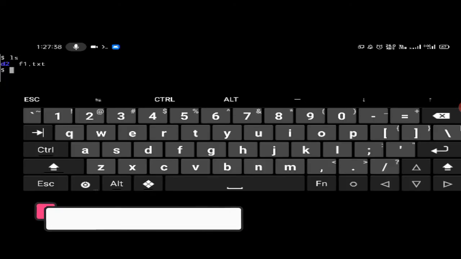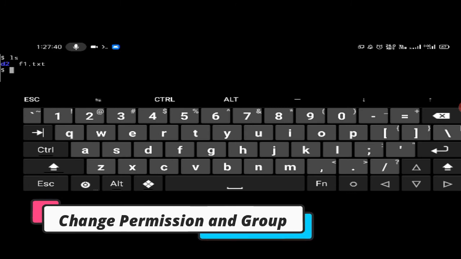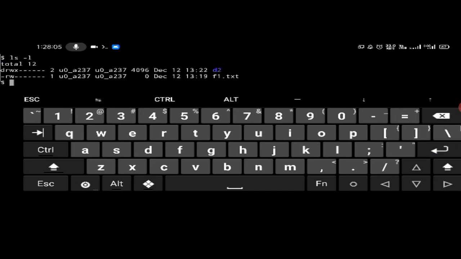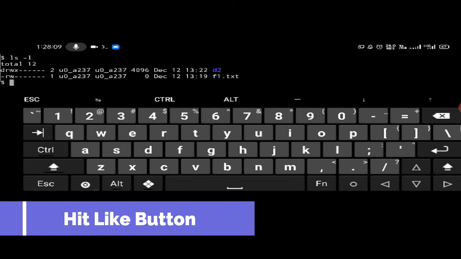If you want to change the permission of a file, there is a command called chmod, which can be used to give the specified permission for specific files. Right now for this directory and file, we first have to check the specified permission for both. Just type ls -l and this will show you which permissions are given for a specific file.